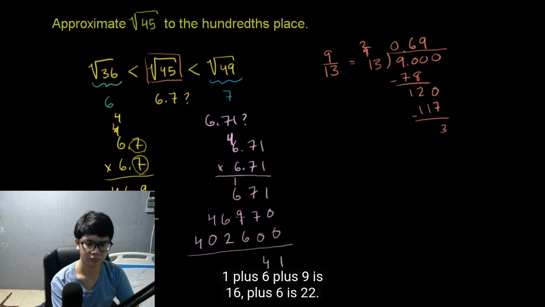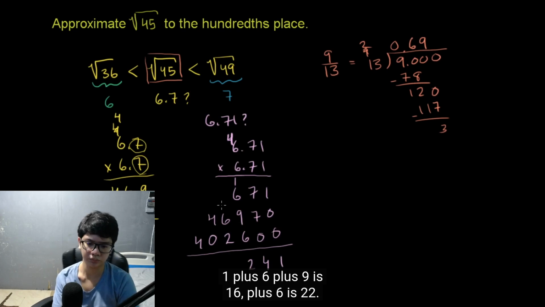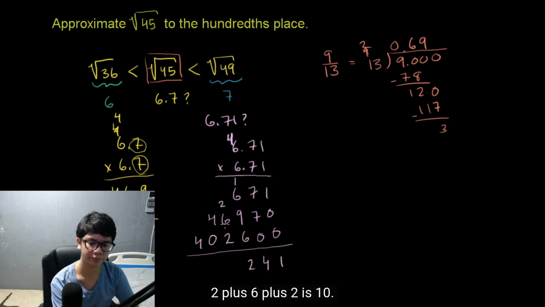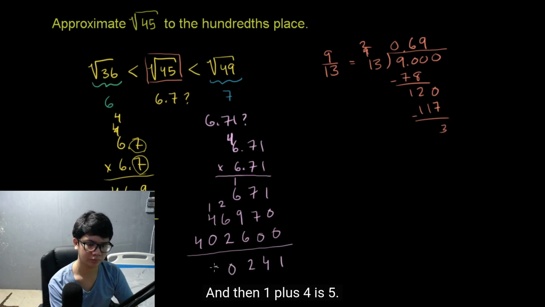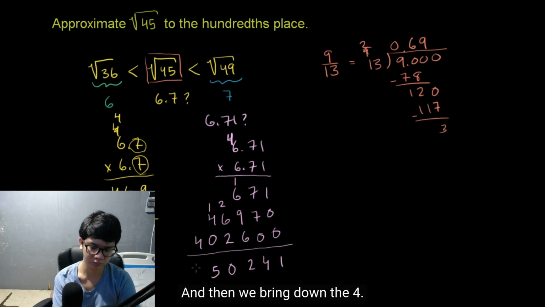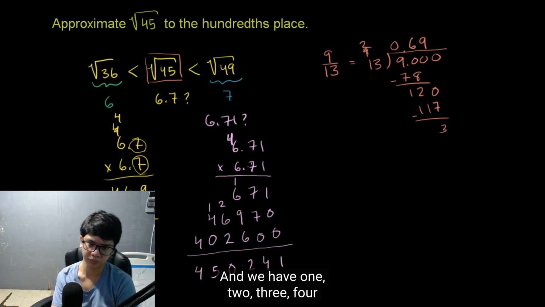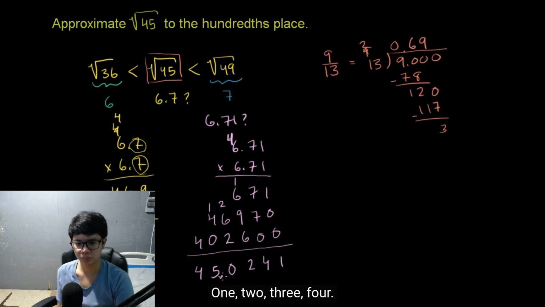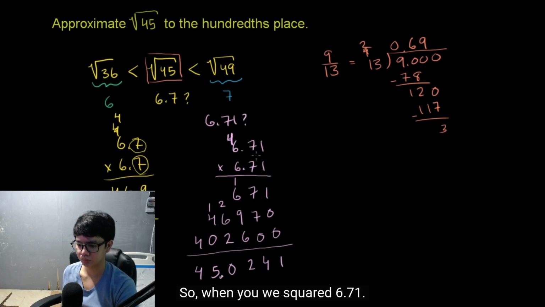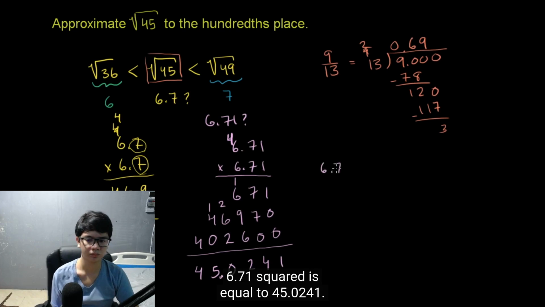1 plus 6 plus 9 is 16. Plus 6 is 22. 2 plus 6 plus 2 is 10. And then 1 plus 4 is 5. And then we bring down the 4. And we have 1, 2, 3, 4 numbers behind the decimal point. So when we squared 6.71, 6.71 squared is equal to